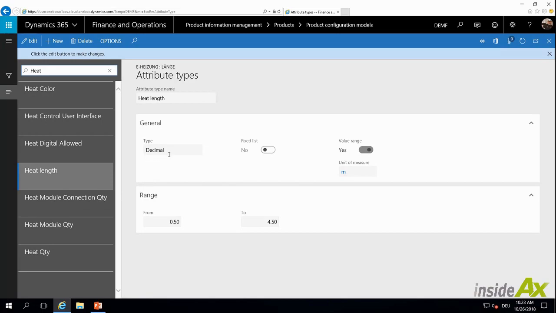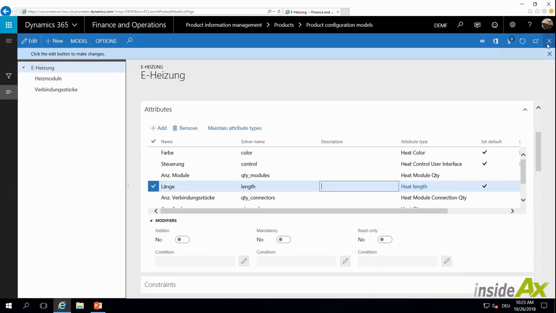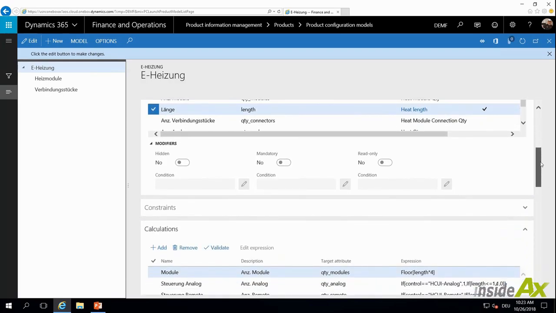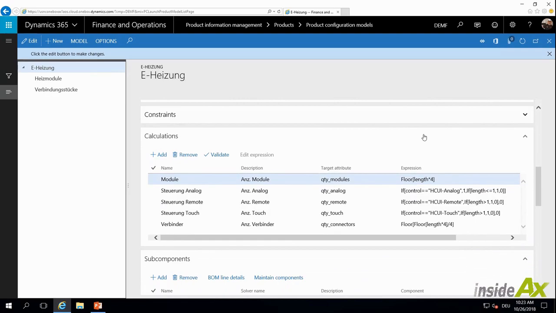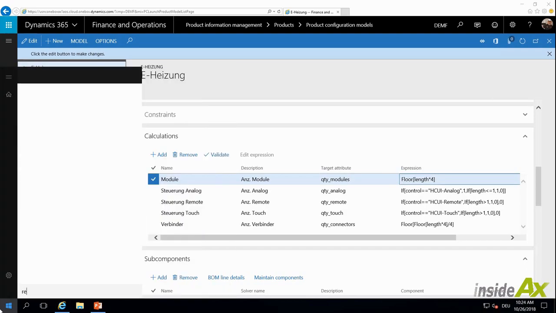The length is of type decimal and can be between 0.5 and 4.5 meters. Based on this attribute, we are calculating the number of heating modules and connectors. This is done here in calculations. We use this calculation for the heating modules by multiplying the length in meters by 4 and choosing the smaller integer value. For example,